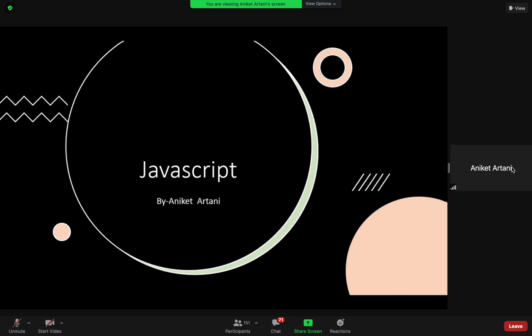And when I say JavaScript reacts to events, what does it mean? It means that if there is a button, like a click button, and when you click, it refers to another page. So it reacts to events like on click. When you click on some button or text, it reacts to the page. On blur, when you roll your mouse upon that button or text, it will blur the text.